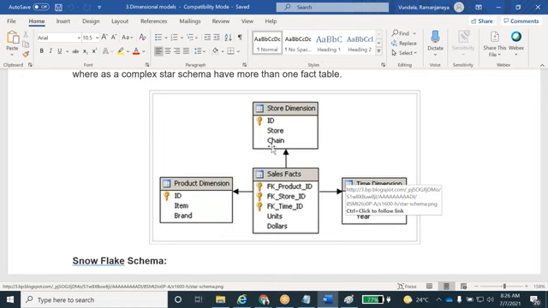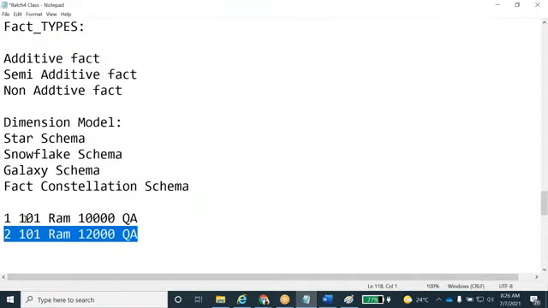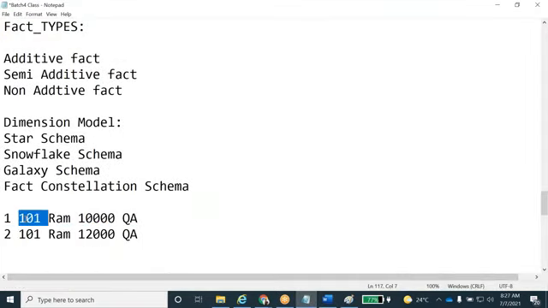So whenever loading the data from the OLTP to OLAP, it has to check, right? It has to check whether this customer is an already existing customer or a new customer. For example, 1 lakh records are there like this. It has to check whether this 101 already exists or not every day, and then it has to load the data. They can't find whether it is a new or existing customer, right? They can't check every day.